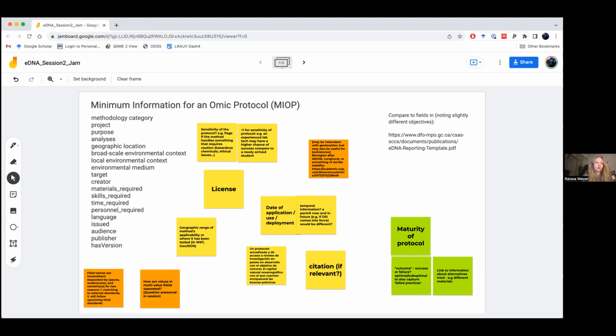That might be a way of moving away from latitude and longitude, because if you've tested in 10 stations that are all within the same region, but not at the same latitude, longitude, it's a lot easier to just put in the region.